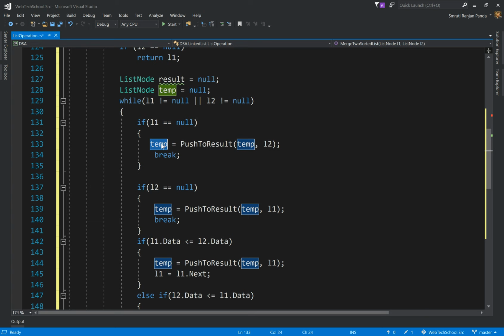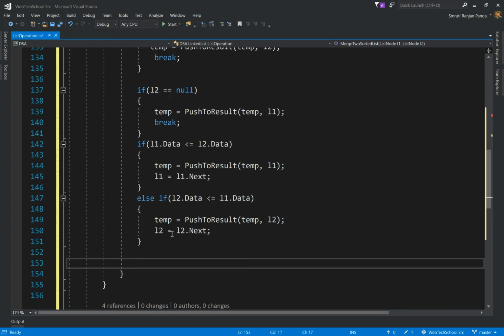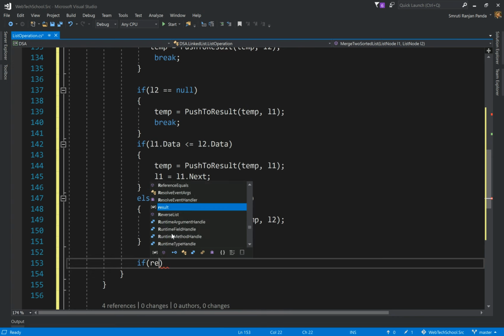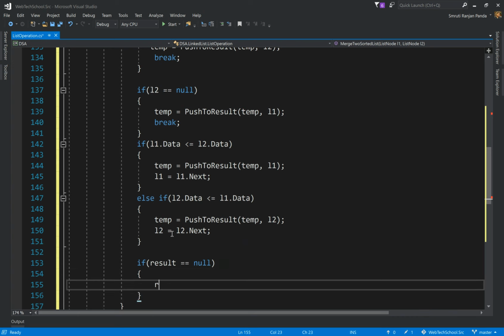Now, temp should point to the last node of the result list, but what we have to send back is the head of the result list. So we can have a condition: if result is equal to null, so this is our first time this will execute, we will simply do result equal to temp.